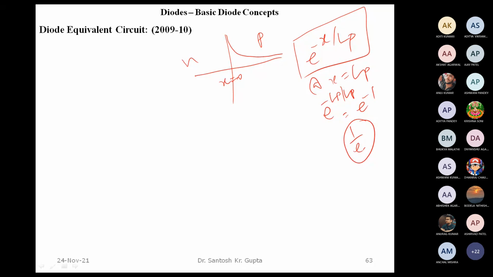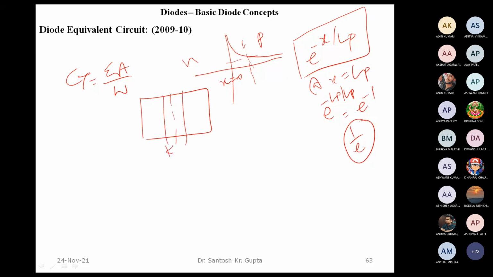And just one small thing. When we talk about transition capacitance, then the formula is epsilon A by W. So epsilon is the electric permittivity, right? Yes. Okay, thank you, sir. That's all. So in the transition capacitance, we have seen this epsilon A upon W, and this W is